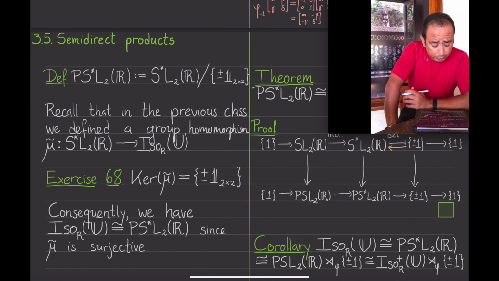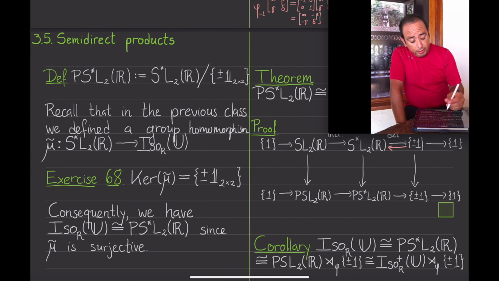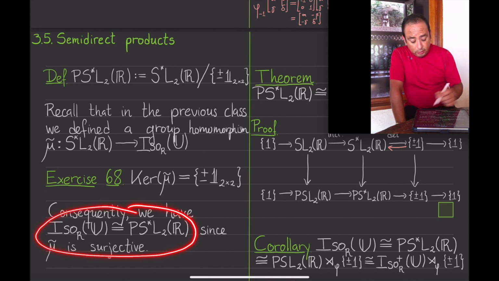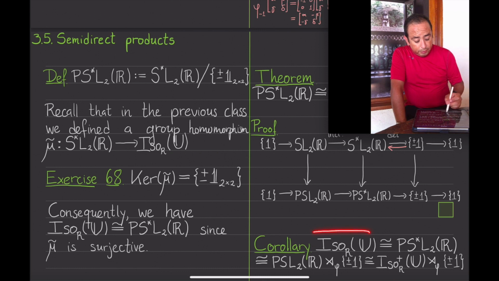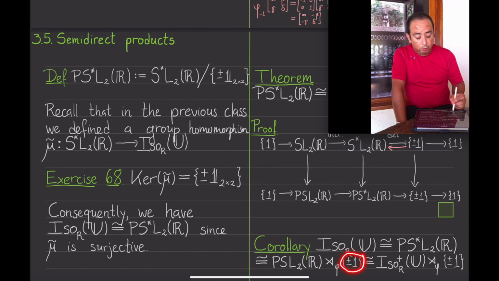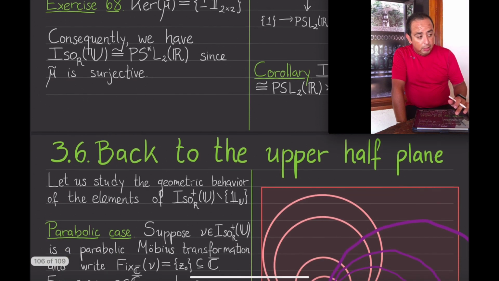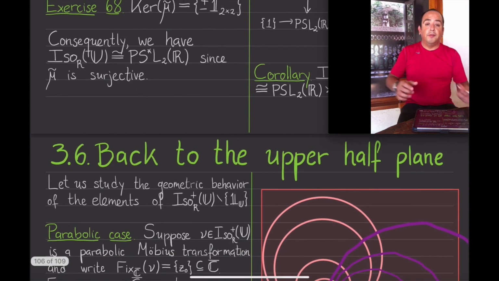Having spent some time studying the full group of Riemannian isometries of the upper half plane, having established that it is isomorphic to PS star L2R, and having shown that it decomposes as a semi-direct product of the group of Mobius transformations that preserve U bijectively with the two-element group, let us go back to the upper half plane and say some more words about the